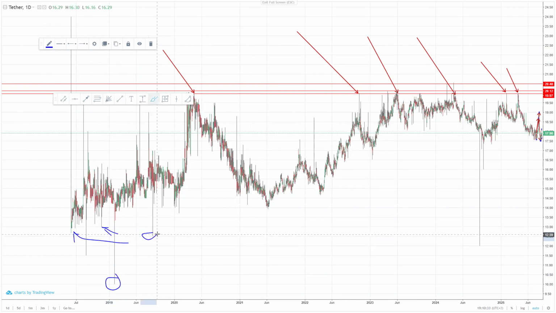And generally speaking, every low was higher than the previous low. So we find that this is our resistance. In other words, when you're doing